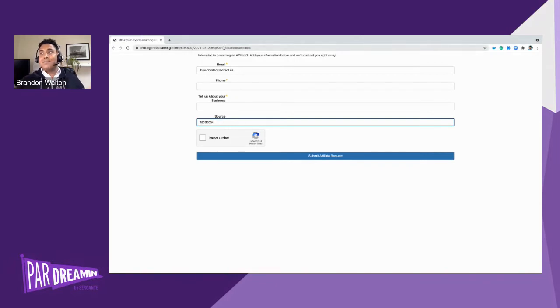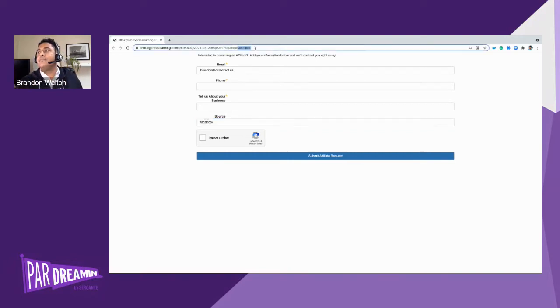And then if you're doing a specific post for TikTok or for Instagram or anywhere, you can have a source parameter. You need to make sure that your field is named source inside of Pardot. But if that matches up, what you'll see happen is anything that you pop in here would be updated with that value.